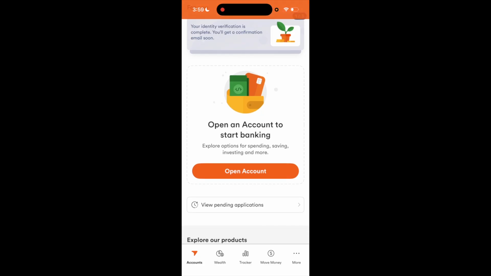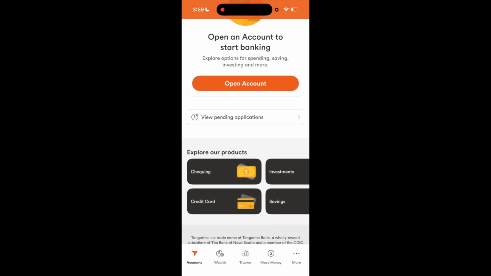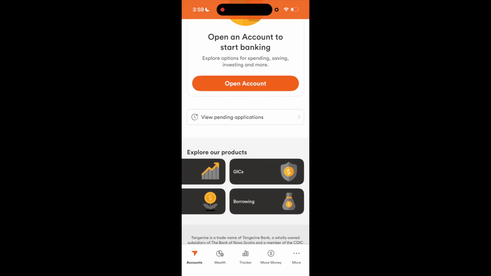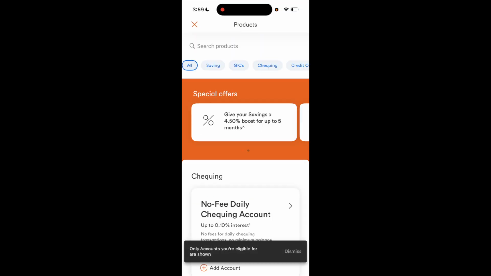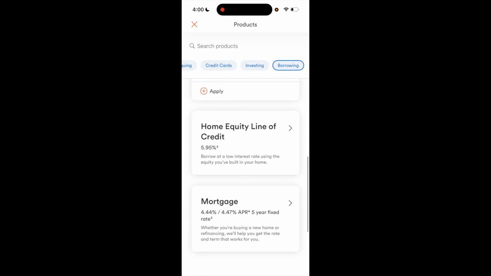Then once you're here, scroll down to where it says open account, select that, or you can go to where it says explore our products, slide it to the right, and in the bottom right, press on borrowing. But I'll just press open up an account for this example, then slide this top bar to the right, press borrowing. Once you're on the borrowing page right here, just scroll down a couple options to where it says home